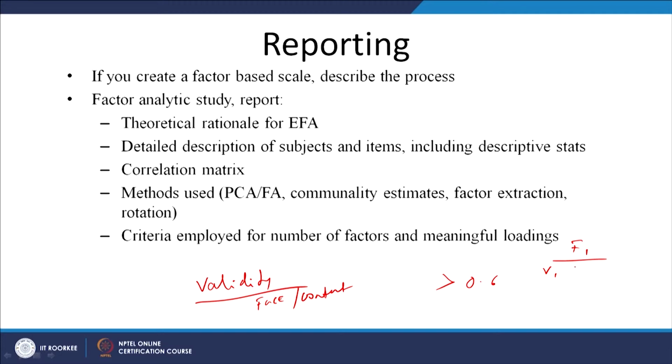When the factors, and as I said factor 1 has got let us say V1, V2, V3, if the correlation among these items is high, let us say above 0.7 or more, then we say it is a strong correlation. That means we will say that there is a convergent validity. So, convergent validity is also measured through the correlation among the variables. Okay. Now, I will continue with the reliability and validity in the next section also, when I get into confirmatory factor analysis, because there it is more deeply explained.